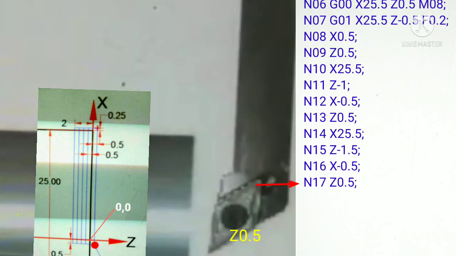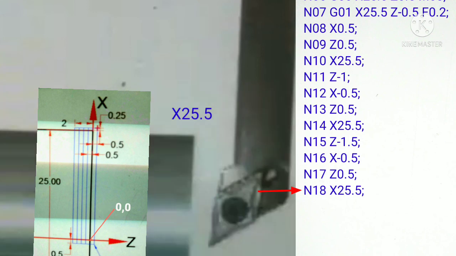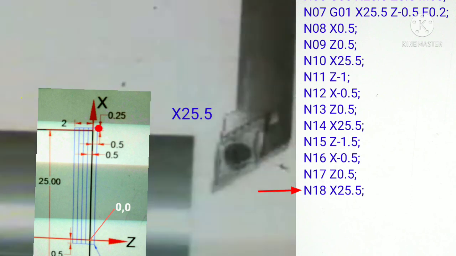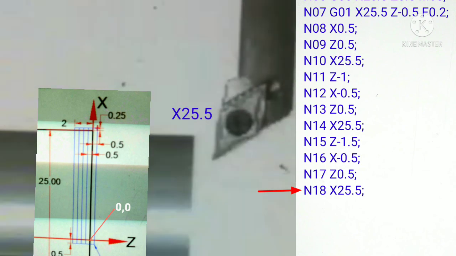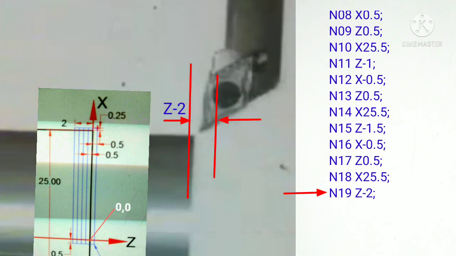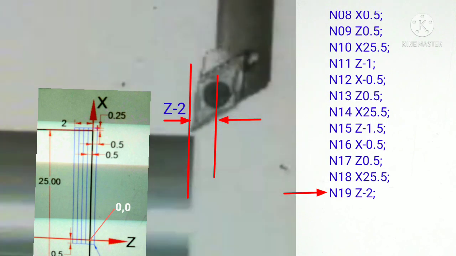Next, for Z0.5, the tool will move forward 0.5 millimeter from the origin along the Z-axis. Next, for X25.5, the tool will move upwards to the starting point. For Z minus 2, the tool will move 2 millimeter backward along the Z-axis.